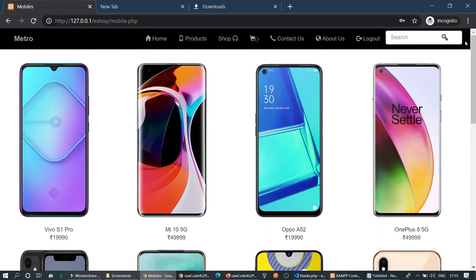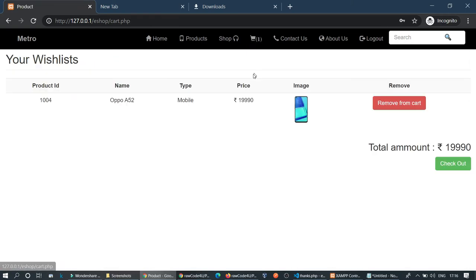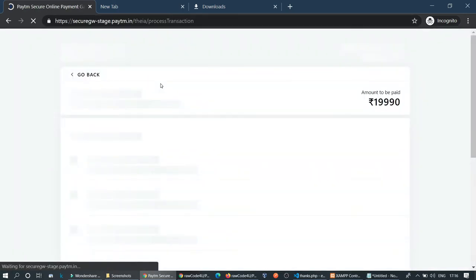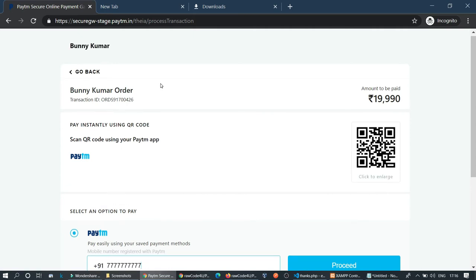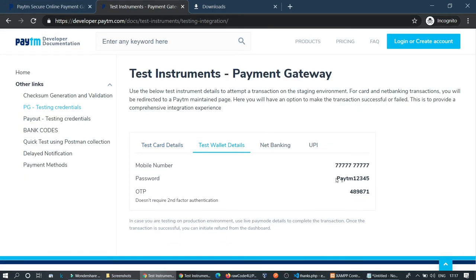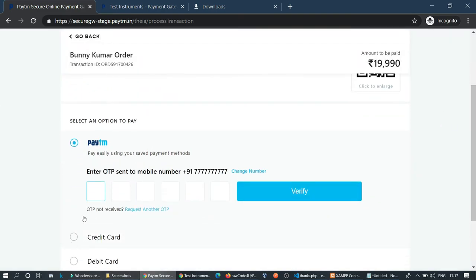Now we go for the live demo part. This is my website, a mobile selling website. Here all the products are listed. Here I choose a product and proceed. All the live transactions here are for testing purposes only. I click on products to choose one. I am choosing this Oppo phone and adding it to the cart. My product is added to the cart. This is the amount for the checkout. Click on checkout, and it redirects directly without clicking.